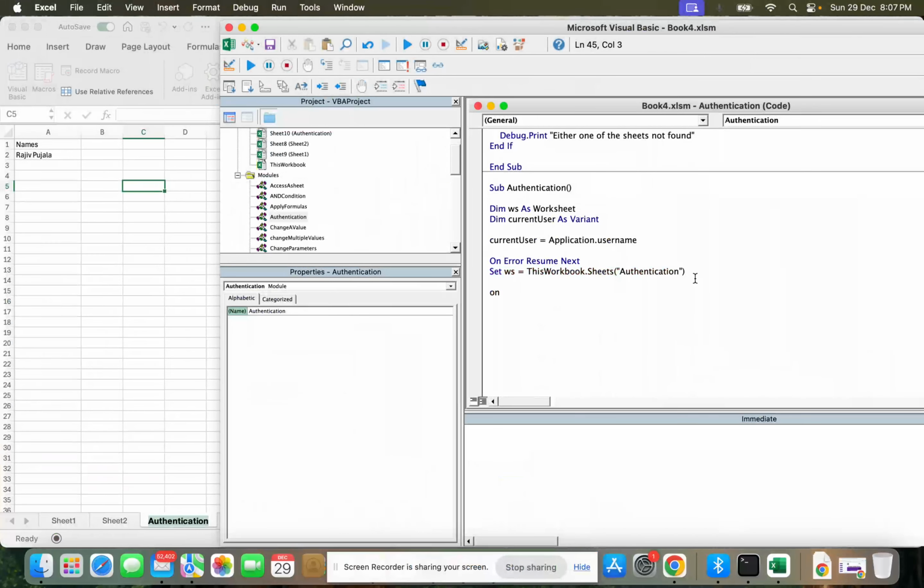Then On Error GoTo 0, and now let's see. We have the sheet, and now let's check for it. If Not ws Is Nothing, then End If here. In case the sheet is not there, we can show a message box: authentication sheet not found. If the sheet is there, I would like to go through all the list of names over here